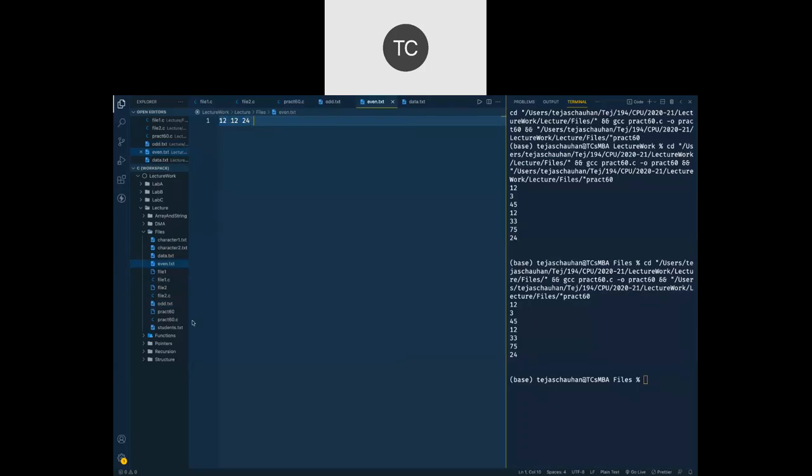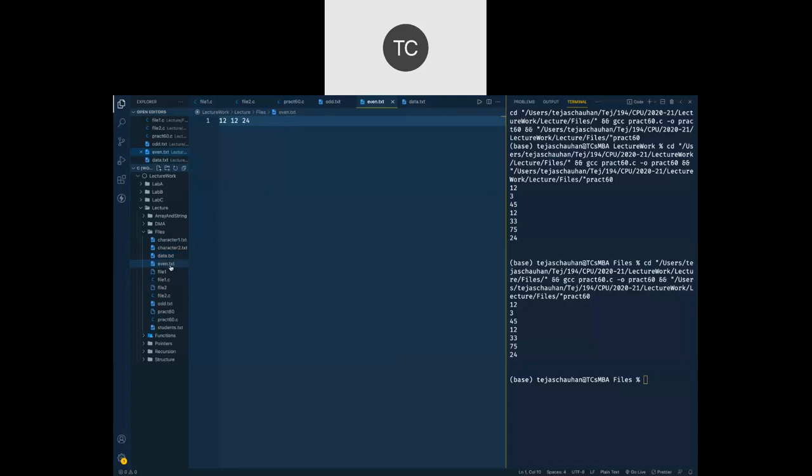Now let us check, did we really put 12 two times? So let me have, yeah, data.txt. Yes, inside my data, number 12 was 2 times. So that's the reason in even.txt we have 12 2 times. Okay, so very simple.